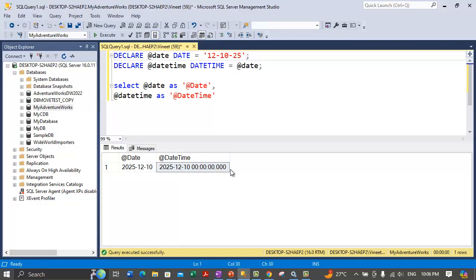Now when the conversion is to smalldatetime, the date value is in the range of a smalldatetime. Okay, the date component is copied and the time component is set to 00:00:00. Okay,